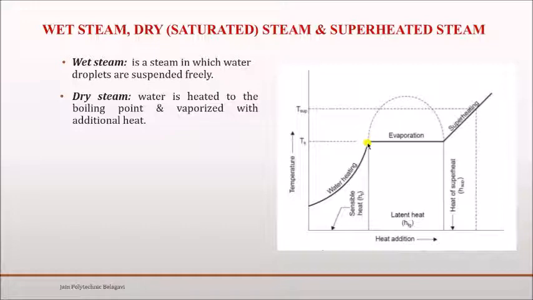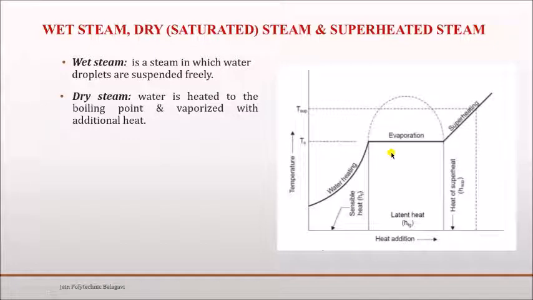When I further heat this water, what happens? The temperature remains the same, but it starts forming into steam, right? That steam we call wet steam. So during this process, from here to here, this is what we call wet steam. Whatever steam there is will have some water particles suspended in it. During this, the heat that is absorbed is latent heat.